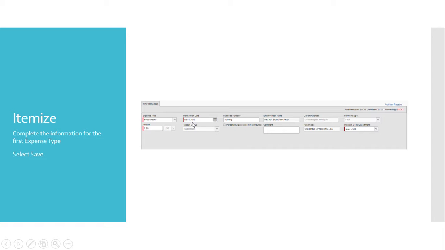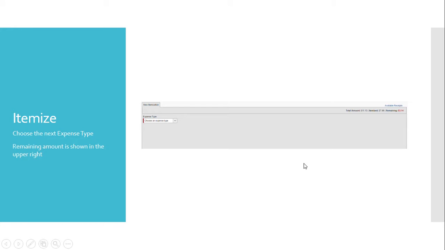And we would just go through and enter everything. And then we would put in the amount that we want to go to this expense type. So for example, this was $7.99 that's going to food snacks. And so once everything's filled out, we would click Save. And then it's going to bring up this screen again to choose the next